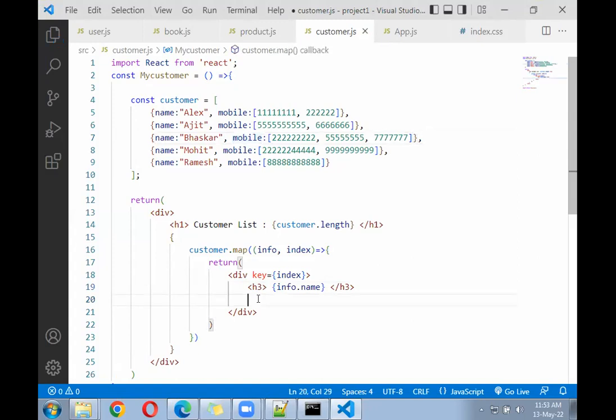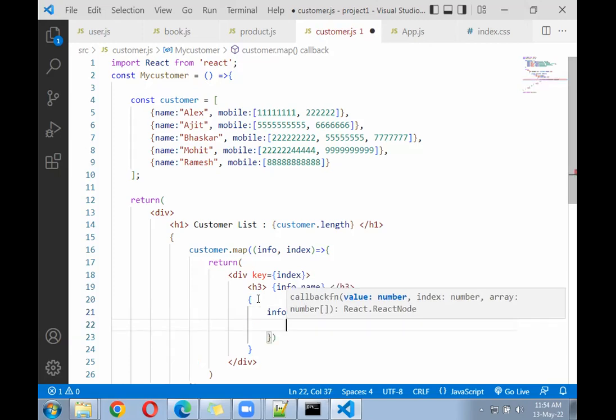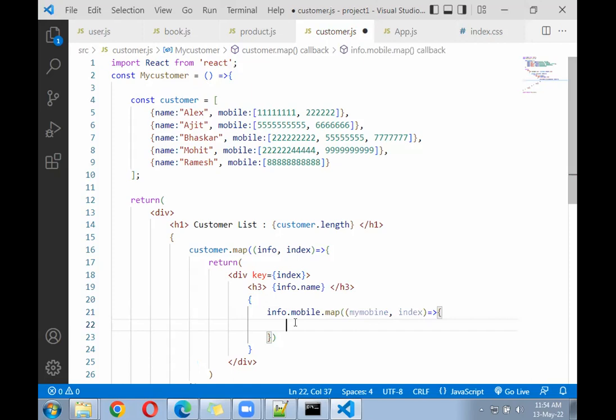for that we have to write one more map here, and we have to write info dot mobile dot map. You can write here call my mobile and comma again call index. My mobile and index. Again you will write here call return